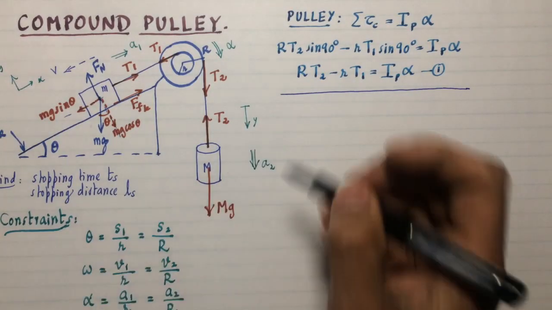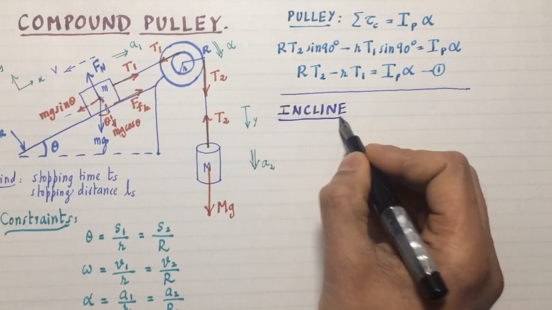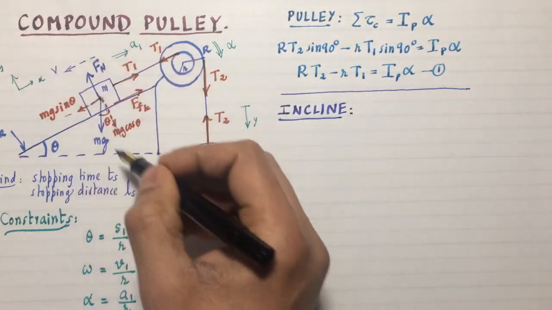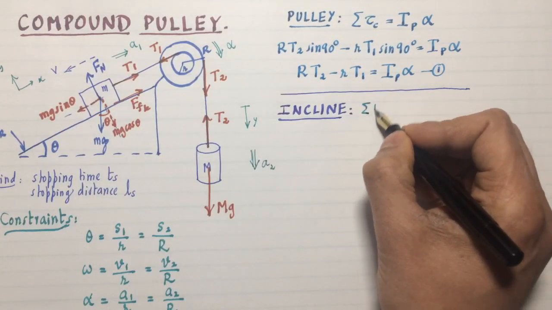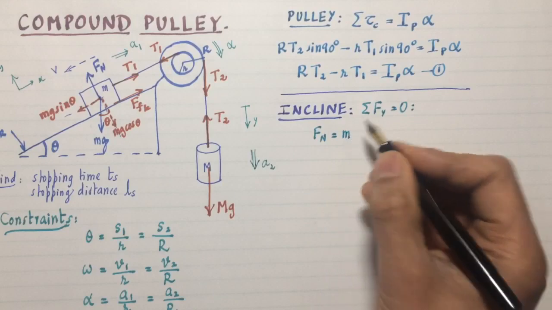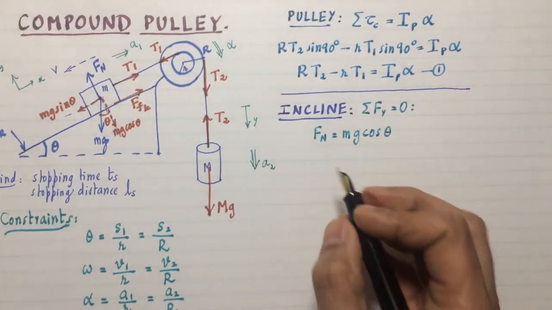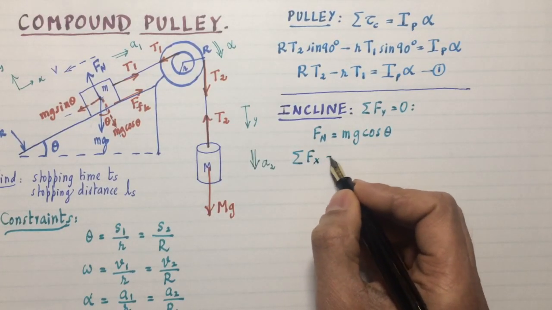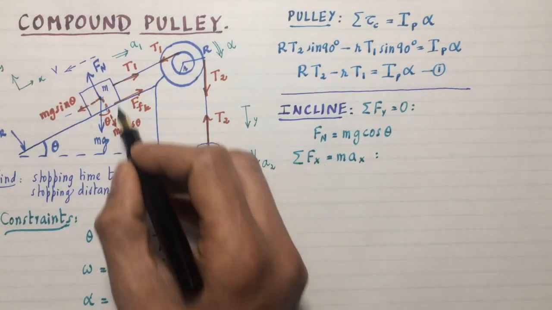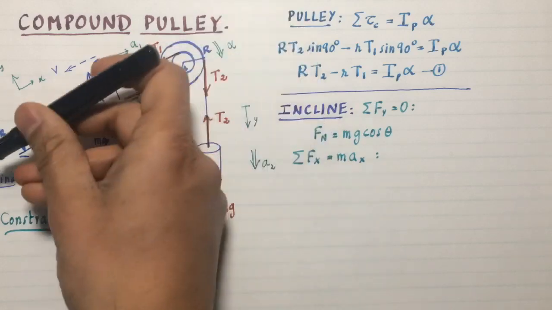Let's look at the mass on the incline next. In the y direction, the block's not flying, so the sum of all the forces in the y direction is 0. Well, that tells me that the normal force is just equal to the component of gravity in the y direction, which is mg cosine theta. Now what about the x direction? The sum of all the forces in the x direction is mass times the acceleration in the x direction. That's what Newton said. So in the x direction, remember that's positive x, so that's going to be T1 plus force of kinetic friction minus mg sine theta